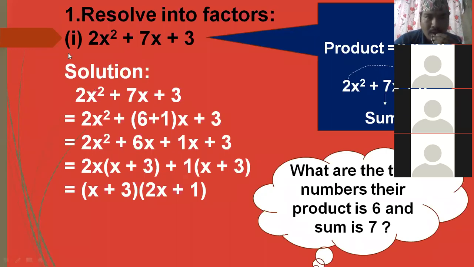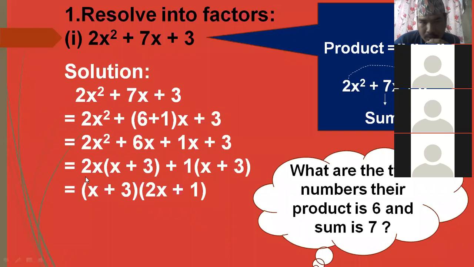Yes, sir. Okay, look here. 2 and 3 multiply, then 6 comes, and 6 ones are 6, and 6 plus 1 is 7. Why do we add this? Because the product of 2 and 3 is plus 6. That's why we have to add. Okay, Celine? Are you clear?